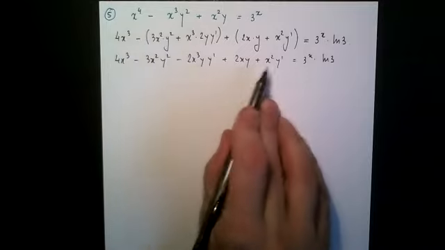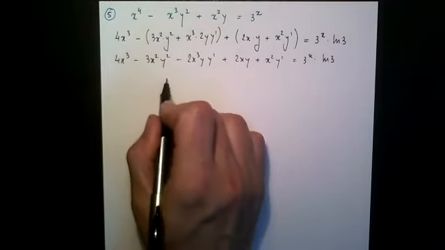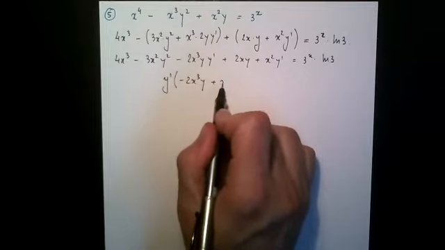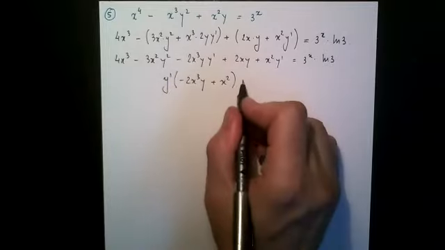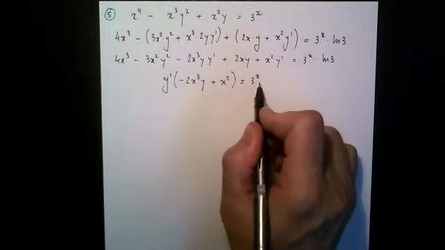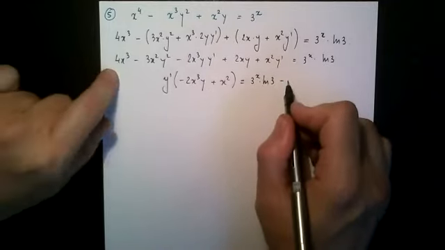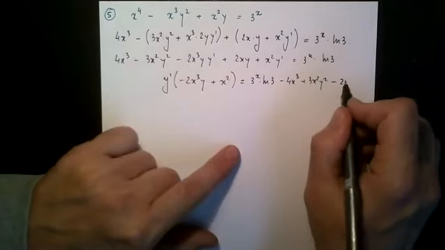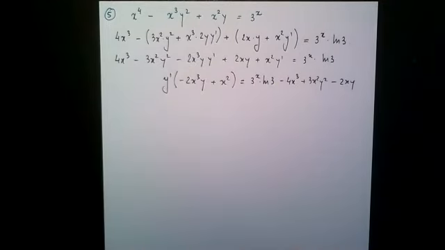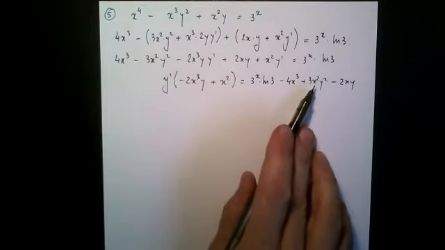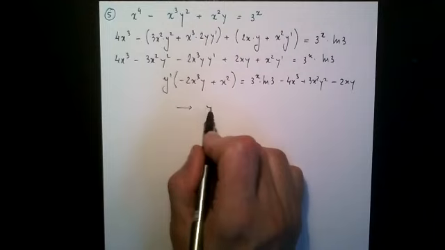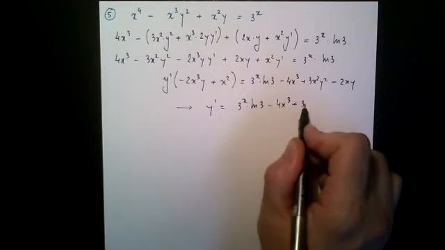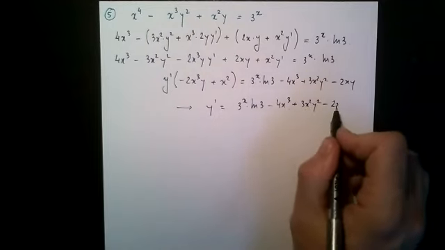Okay, so on the left side now I have 2 terms. So y prime times negative 2x cubed y plus x2, these 2 terms, equals everything else goes on the right. 3 to the x ln 3, so let's go minus 4x cubed plus 3x2y2 minus 2xy. And that's it. I'm going to just divide this by that, and I got my y prime. 3 to the x ln 3 minus 4x cubed plus 3x2y2 minus 2xy